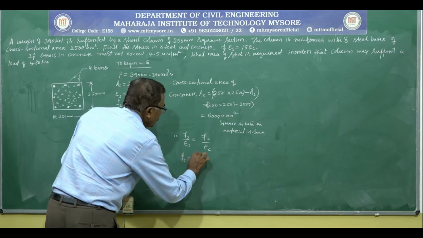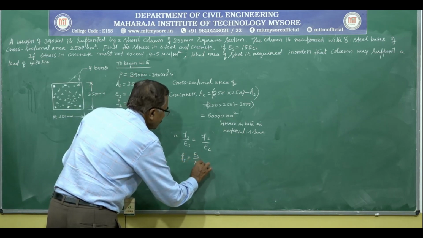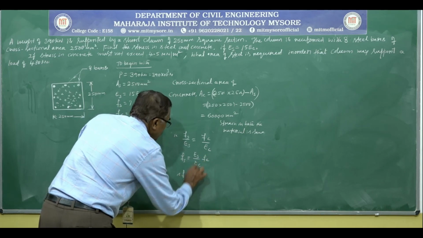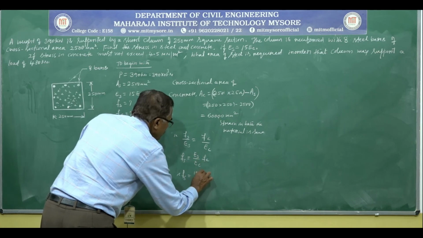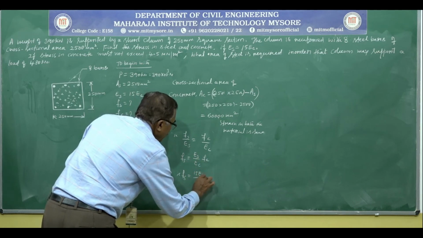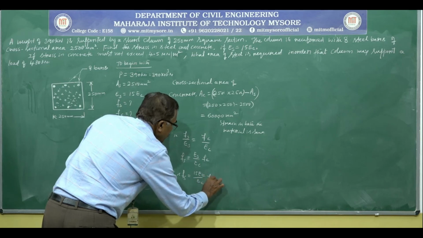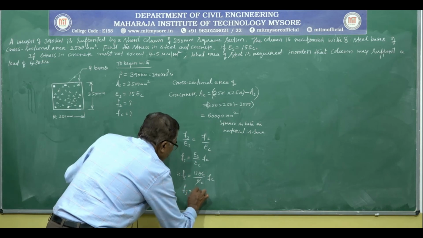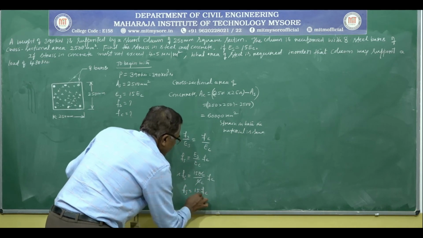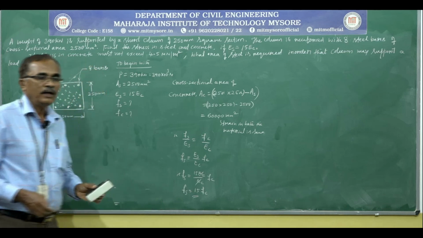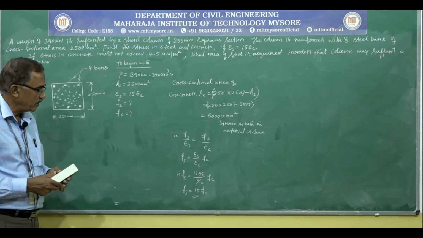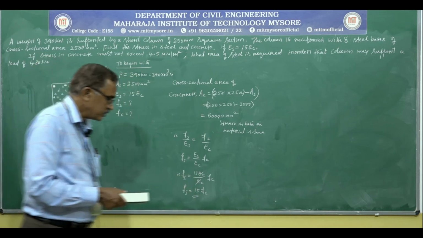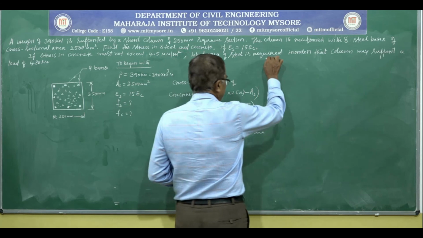Fs is equal to Es by Ec into Fc, that is Fs is equal to 15 times of Ec divided by Ec into Fc. So, Ec gets cancelled, therefore Fs is equal to 15 times of Fc. So, whenever they give the Young's modulus in terms of the other, we can write like this after understanding. Next, further,